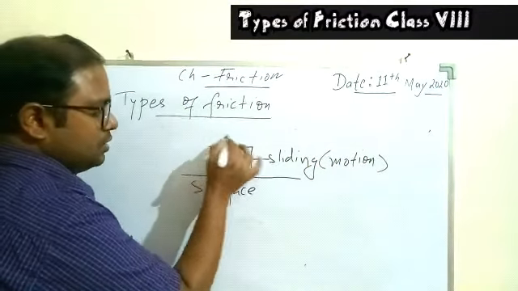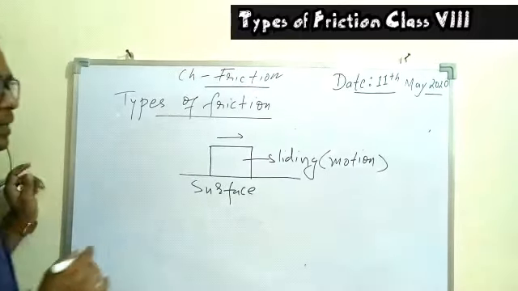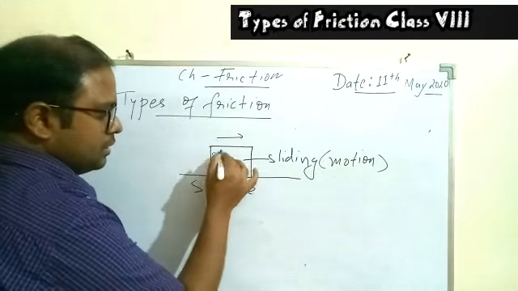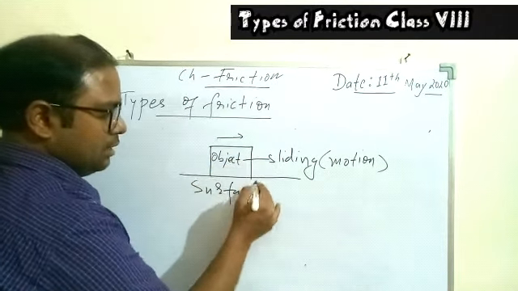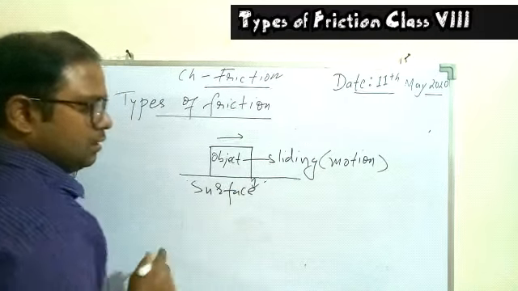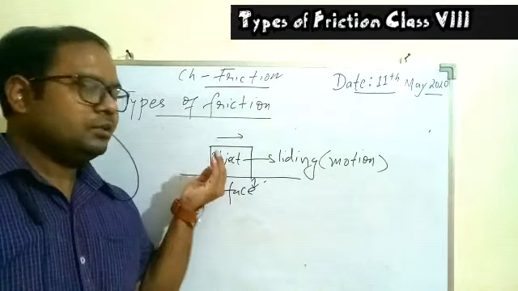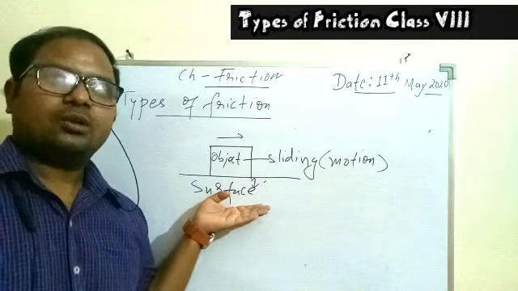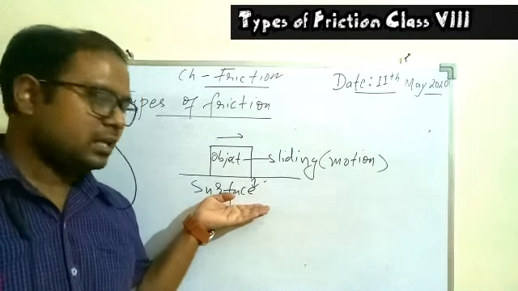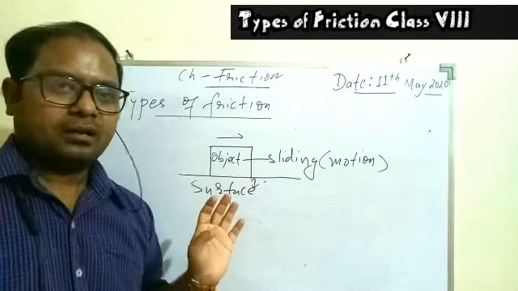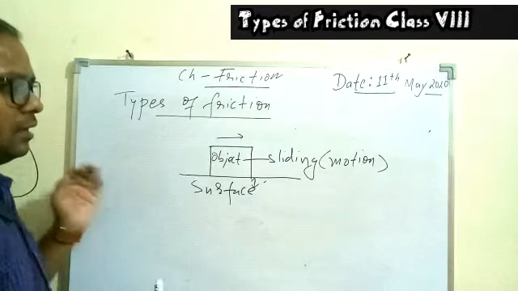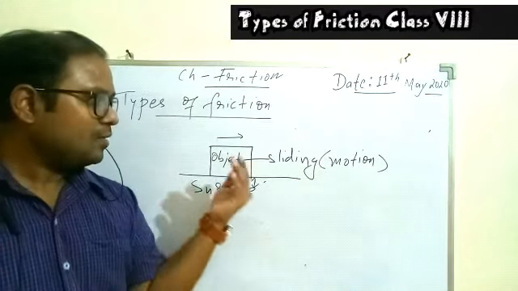So once it is moving in one of the directions, it is understood that between the object and the surface the interlocking will take place, that we understood. All the time when the object is in contact with the surface, the interlocking will take place because of irregularities, and hence the friction will be there. Okay, but one thing is clear, if the object is in motion, what will happen?